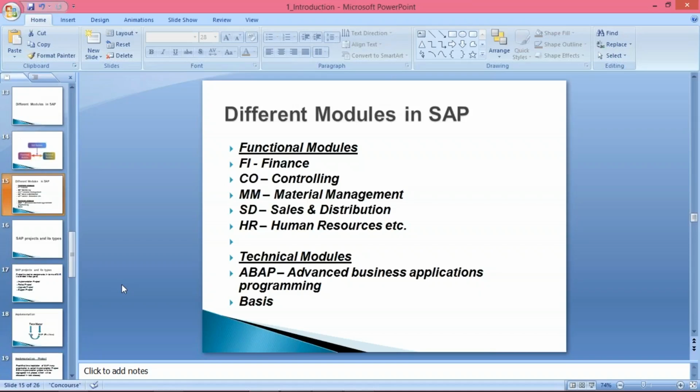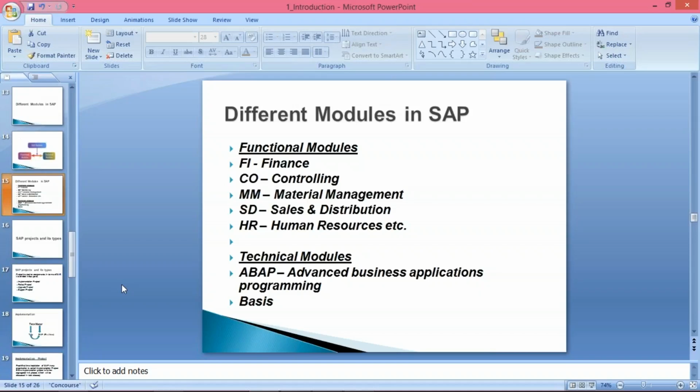Let's suppose, out of all you people, a few of you are part of BPO. If somebody is working in BPO and KPO, then what will happen? You are going to serve a particular client. It means you are working on a project. That project belongs to a client. Now the question is, how many types of projects are there in SAP?